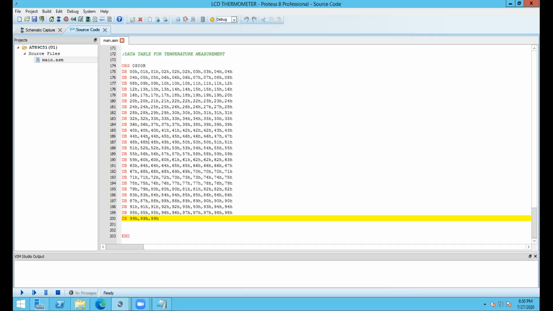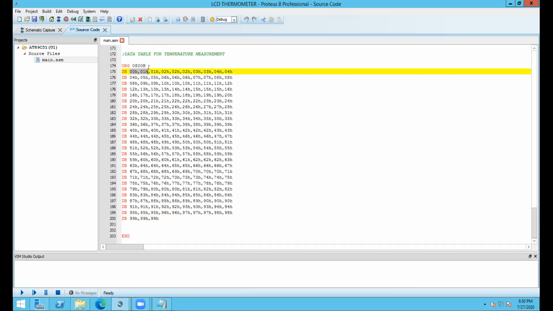Okay, now we are going here. For each degree increase in the temperature, we are getting 3 or 2 levels of increase in the hex reading. So for 1 we have 3 levels of increase. See here, if the temperature is 1 degree Celsius, we are getting hex 3.